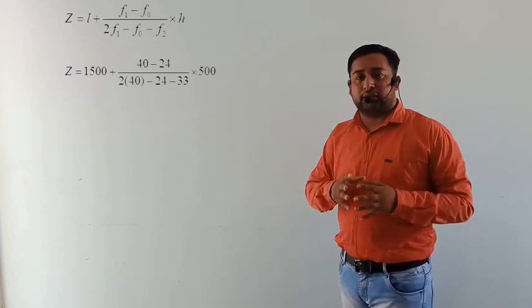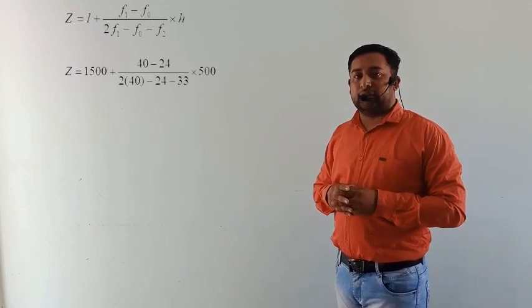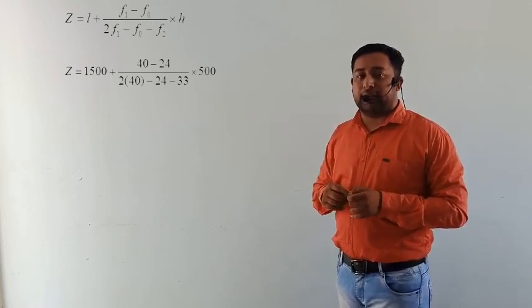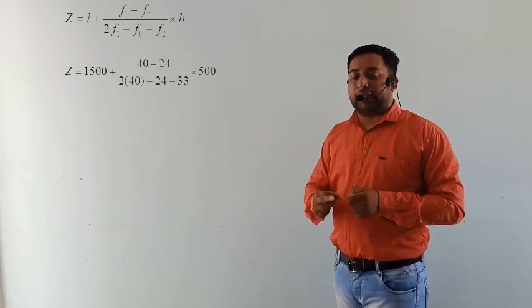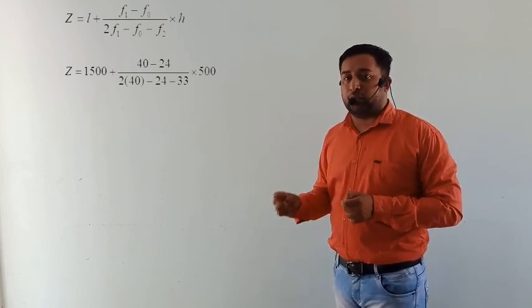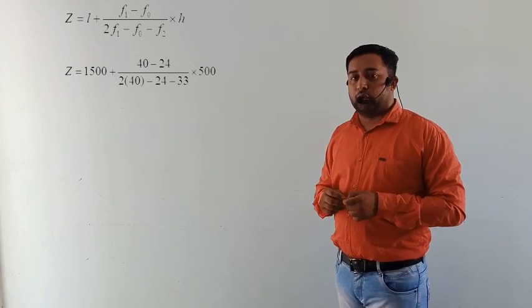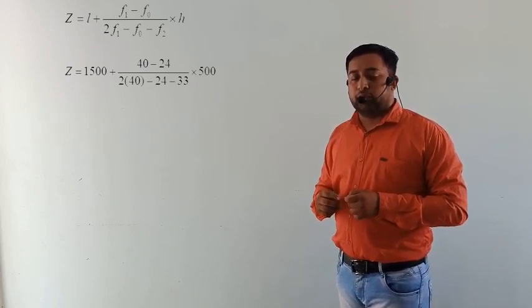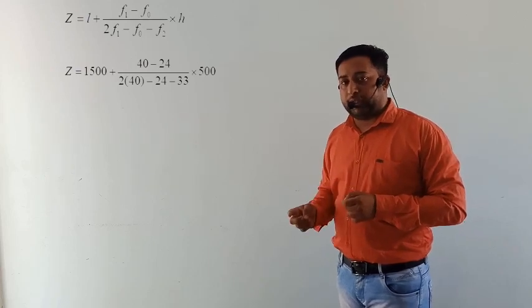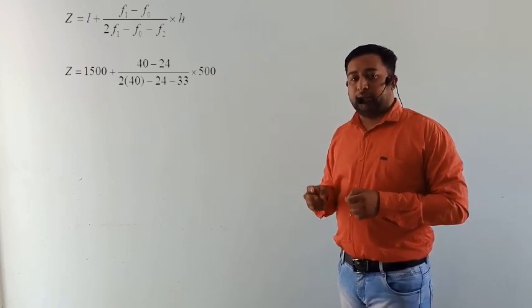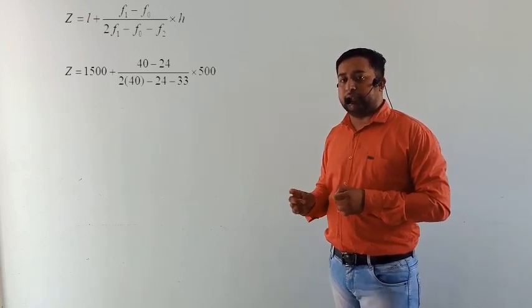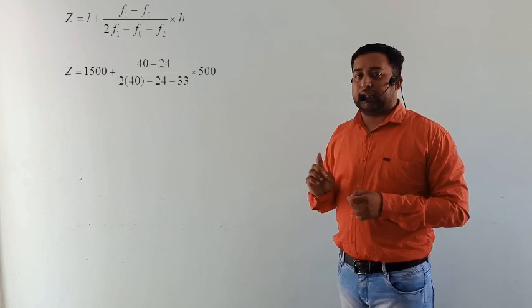Substituting all the values in our formula, Z is equal to L, 1500, plus in the numerator f1 minus f0, which is 40 minus 24. In the denominator 2f1 minus f0 minus f2, so 2 into 40, minus 24, minus 33, into class length h,